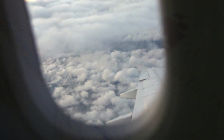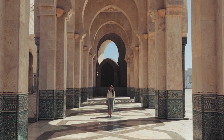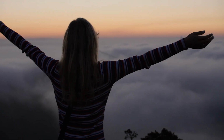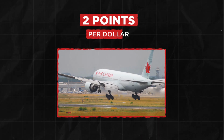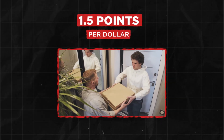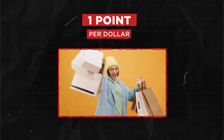I'll ask you that question in just a minute, but first, we need to dig into the card's earn rates. With the Aeroplan Card, you earn 2 Aeroplan points per dollar spent on eligible Air Canada purchases, 1.5 points per dollar on dining and food delivery in Canada, and 1 point per dollar on everything else. These earn rates are quite competitive, especially if you frequently spend money with Air Canada, and this means you can quickly accumulate Aeroplan points, which can be redeemed for flights, upgrades, and other travel rewards, making your future travels more